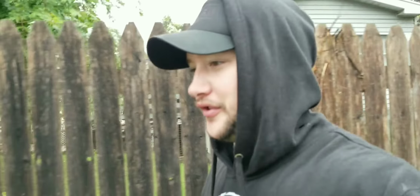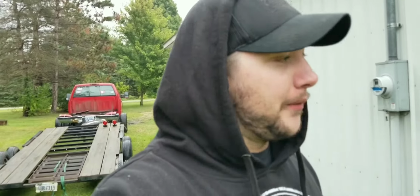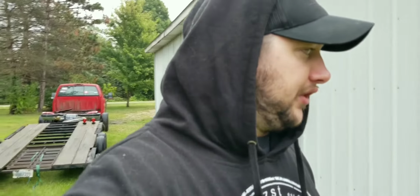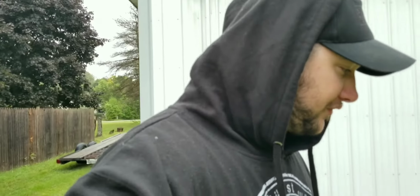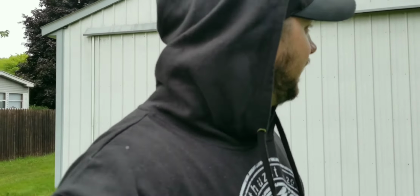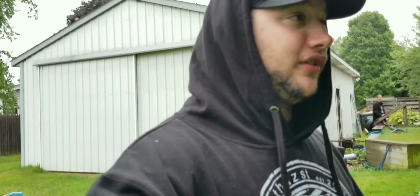So I've been laughing my ass off going through this footage of removing the bed on the dually, and there's too much for me to try to cram it in a time lapse when I have to do multiple time lapses. But it's really hard to take something this hilarious, and it's kind of one of those, if you really weren't there, it's hard to understand. And you're probably thinking, how can removing a bed be hilarious? Well, when the fucker doesn't want to let go,